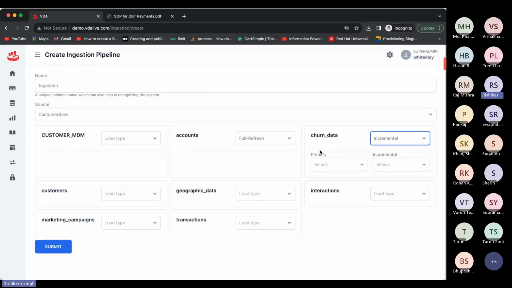So, for example, if we want to do an incremental ingestion, you can mention what is my primary key, what is my incremental key, etc. And through the power of metadata, which we have already captured using our sourcing tool, you would have rich information: which column should be used as an incremental column, which column should be used as a primary key column, etc. And it will further reduce the time it takes to get from search to insights within hours,